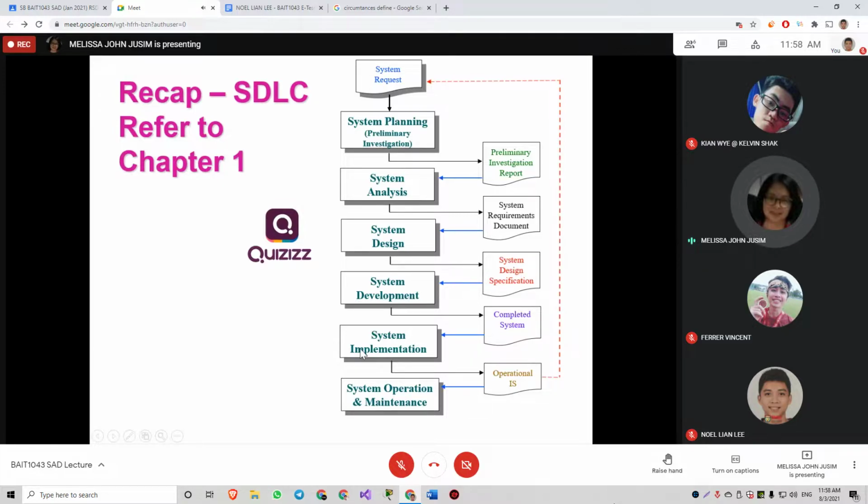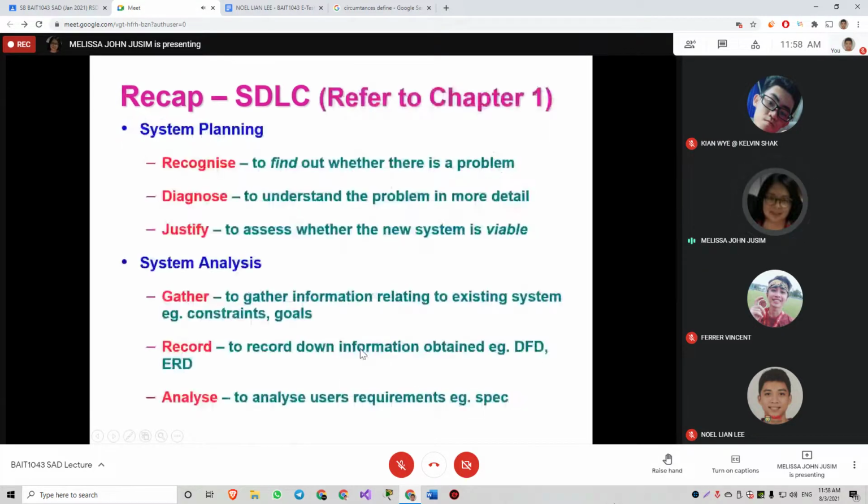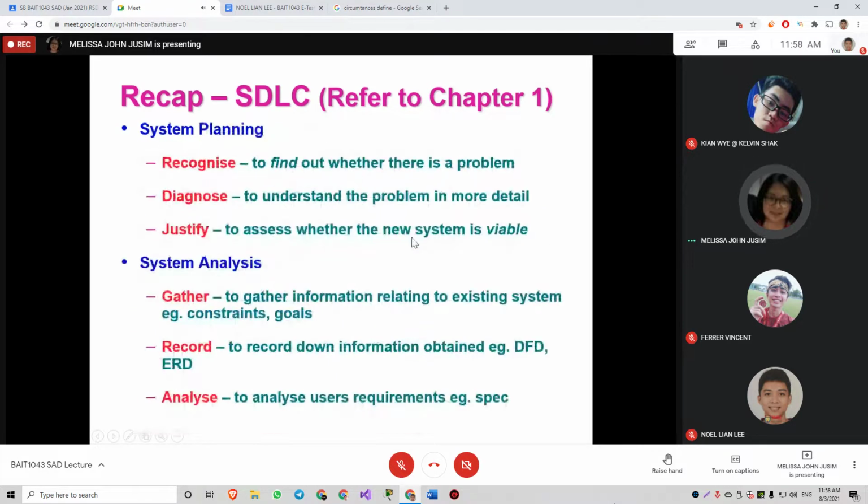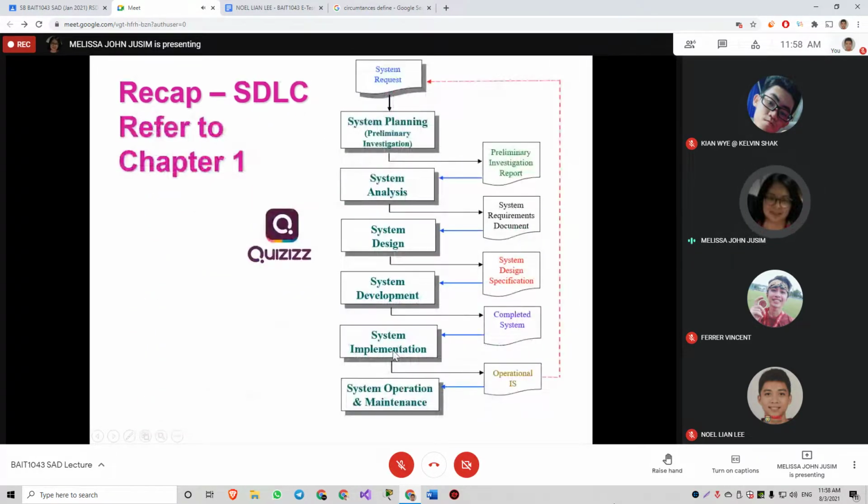System implementation is where we will do changeover. Means we stop using the old system and we bring the new system into operation. That's why the output from system implementation is operational IS.